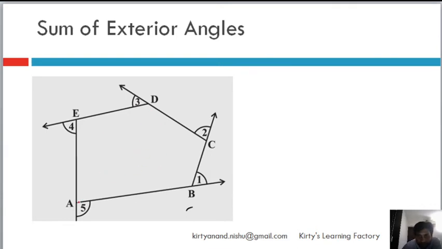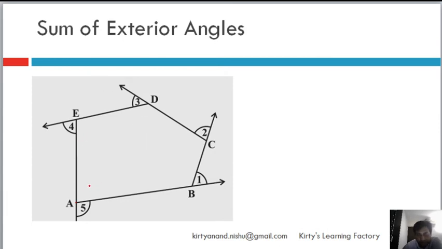Now let me take the liberty and once again break it down as triangles. Okay, give me a moment please. Okay, I have broken it down like this. Now understand that